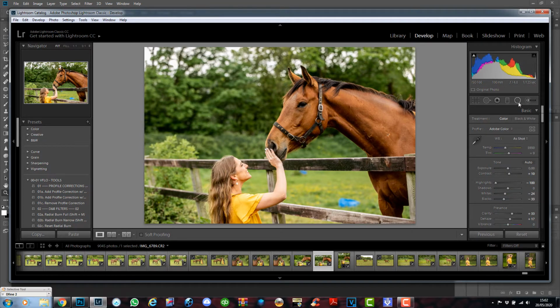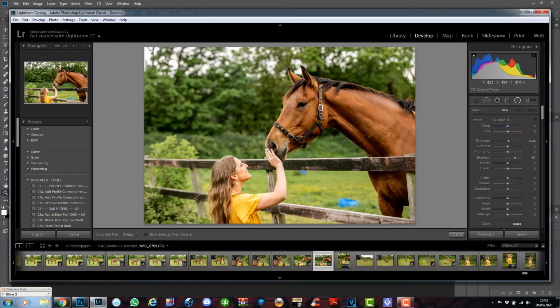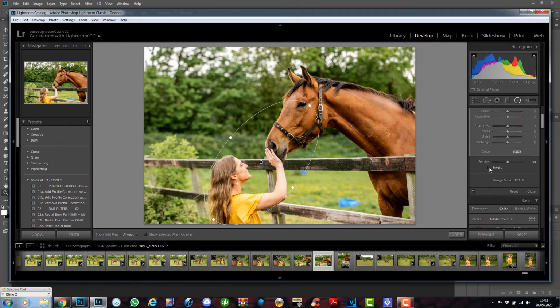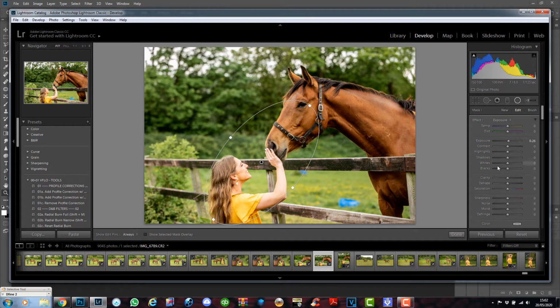And I'm going to open a radial filter. I'm going to place this over Kemi and a little bit over the horse's mouth. Now I'm going to change it from custom to exposure, and I'm going to invert it so it's only affecting this area. I believe Kemi is a little bit overexposed here, and before I bring it into Photoshop, I don't want to be